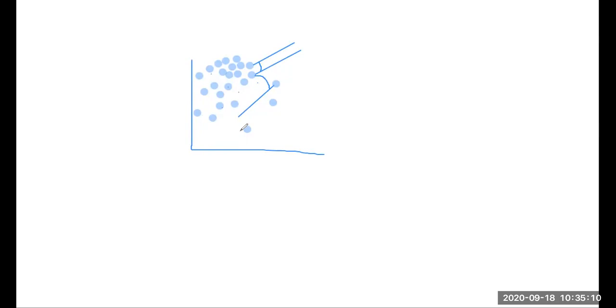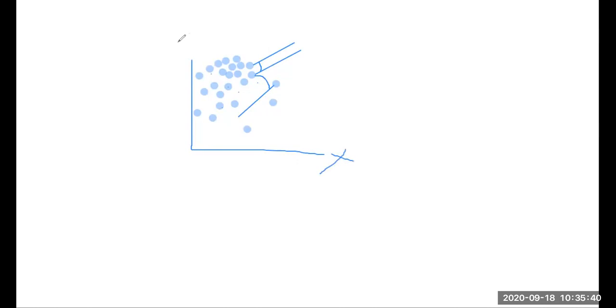So in this class, we will use this cosine similarity measure. That means we will use the angle between the two vectors to check whether they are the same or not. If the angle between the two vectors is more, then they are dissimilar. If the angle between the two vectors is small when compared to the other vectors, then they are similar. Okay, I hope you understood this concept.